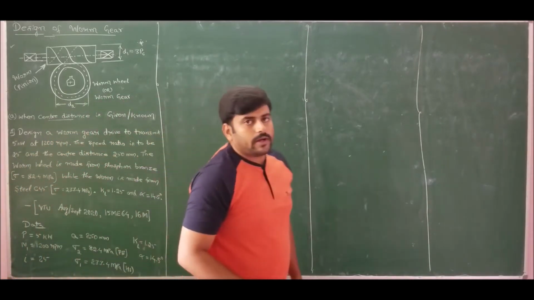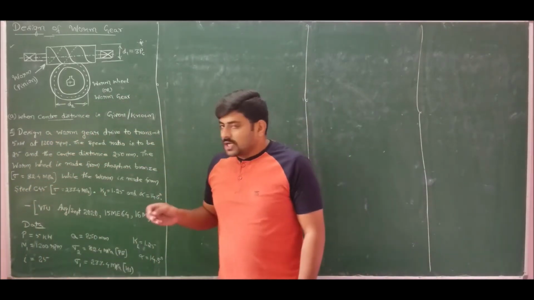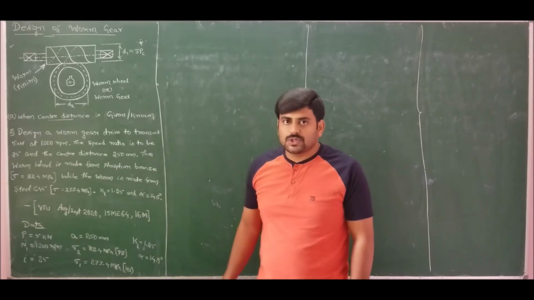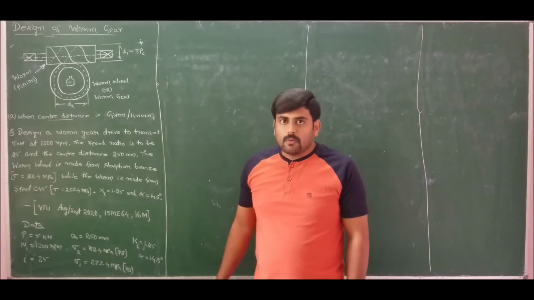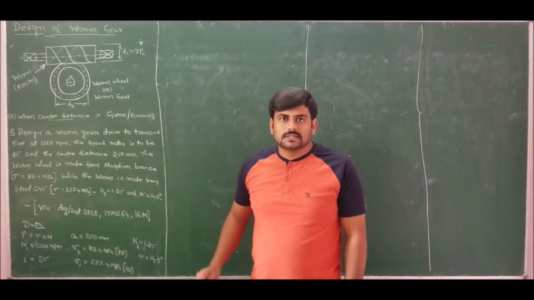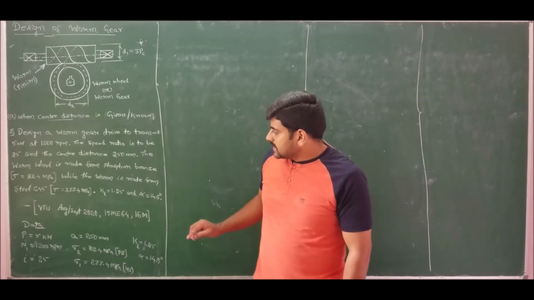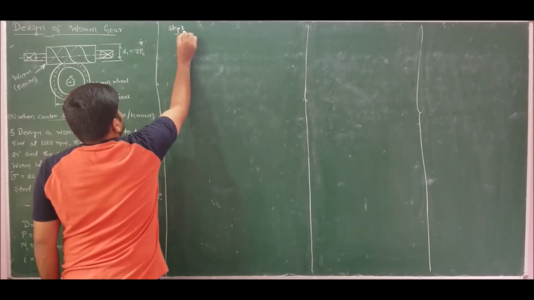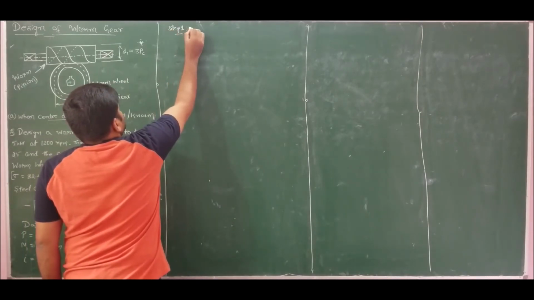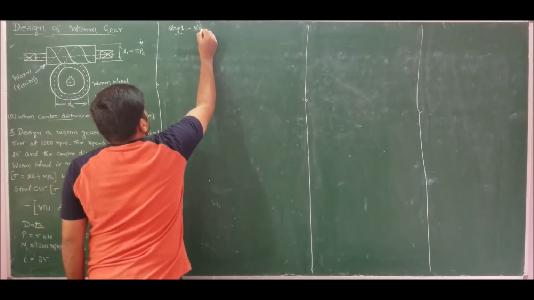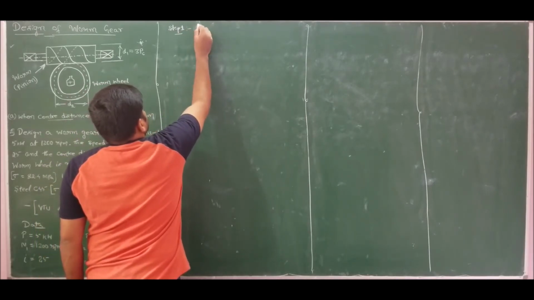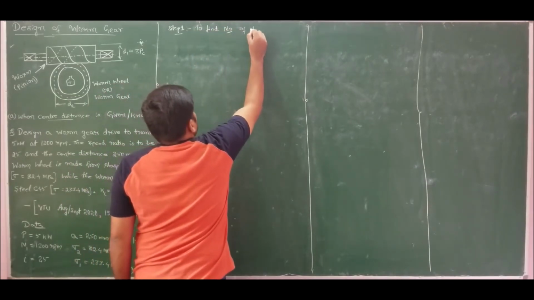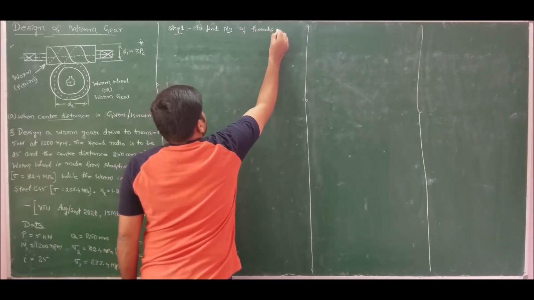The procedure we have employed to solve the problem when center distance is not specified does not hold good for this problem. This problem requires a different approach to determine the module. Once we determine the module, the rest of the things will remain the same. So therefore, in our step 1, as usual, I want to determine the number of teeth or number of threads on worm. That is, step 1 is to find the number of threads on worm.